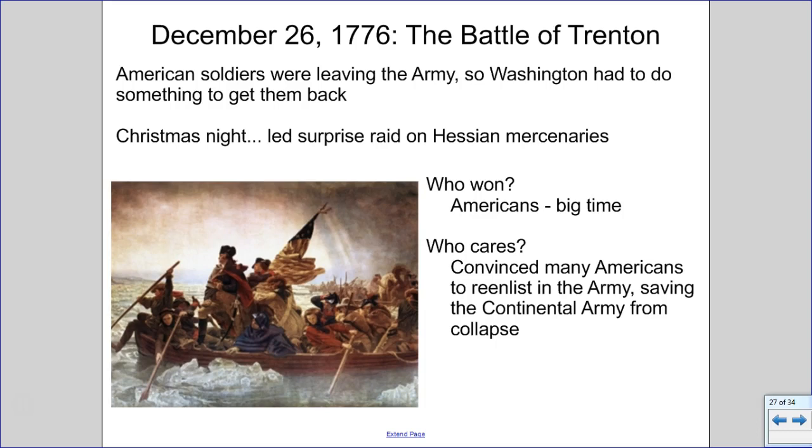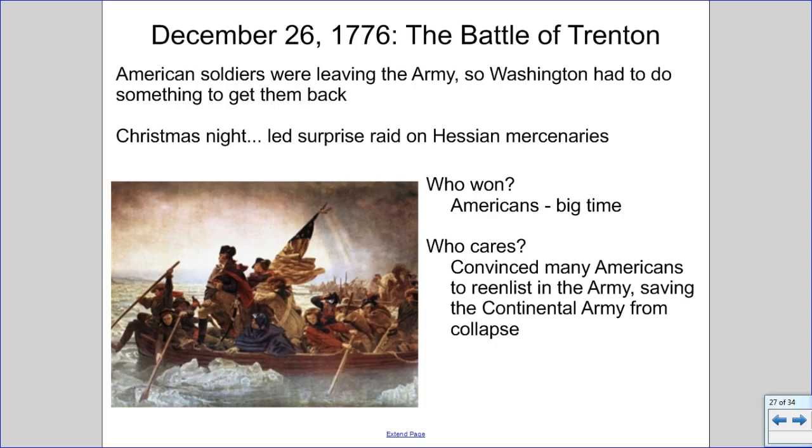They were supposed to, but the checks didn't come, as it were, because we didn't really have a government yet. It wasn't a very functional army yet. They had won some battles, but when you think of the American army today, you think of a juggernaut that beats everyone. That wasn't it at all. So George Washington had to do something to increase morale and to convince Americans to re-enlist so that the army didn't collapse, okay? So on Christmas night,